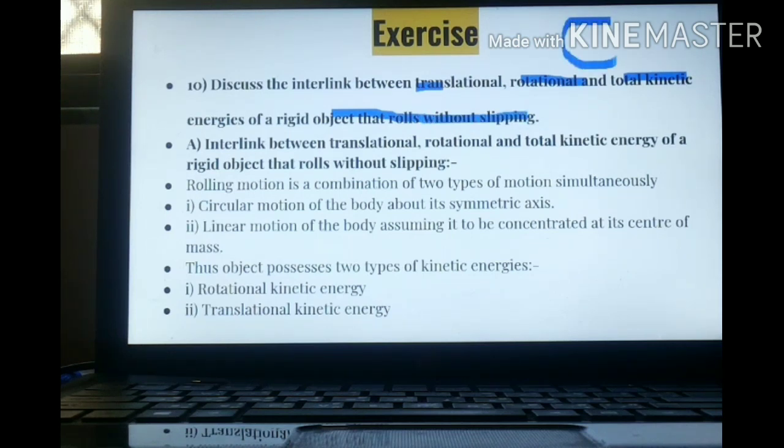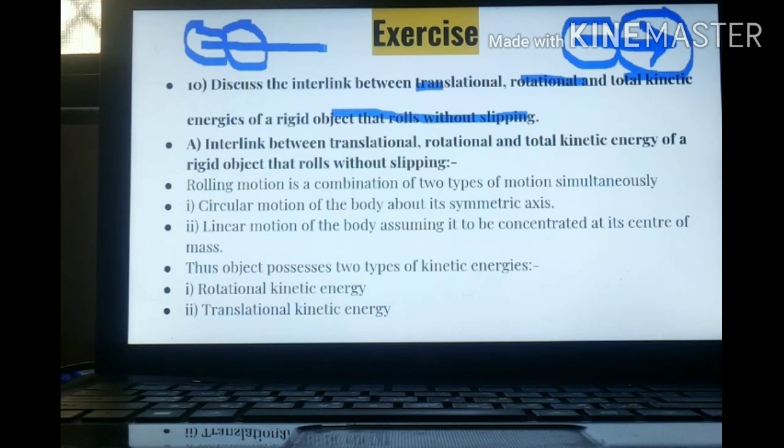Means what? This is a circular object which is rolling along a straight line. Whenever the circular object is rolling along the straight line, there are 2 types of motion happening. Kinetic energy has been represented in 2 forms. Kinetic energy due to translational motion, as this sphere is moving in a forward direction. Another one is kinetic energy due to rotational motion. Whenever the sphere is rotating, you can see this point is always moving in a straight line. So there is a translational motion happening as well as rotational motion of the whole sphere.